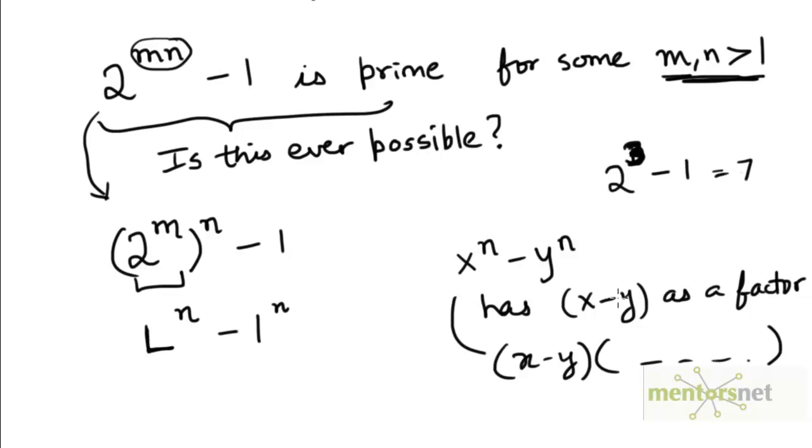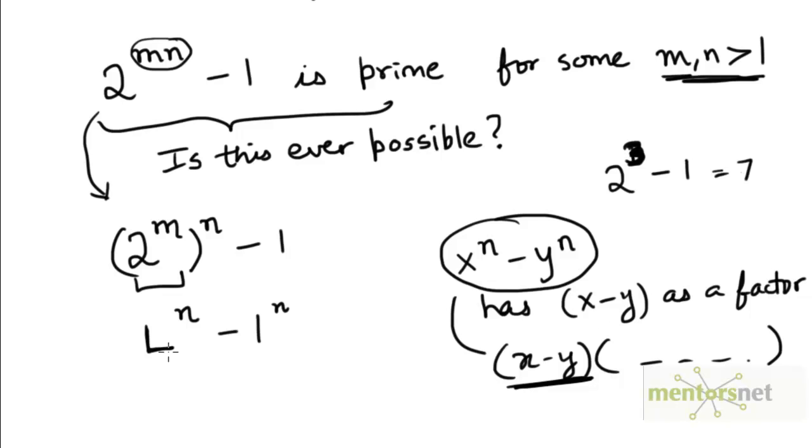And you can see this easily if you just look at this as a polynomial of x. So treat this as a polynomial of x. This is an nth degree polynomial in x. And we are saying that one of the roots of this equation is x equal to y. And you can see that if I substitute x equal to y over here, we'll get y to the power n minus y to the power n, which is 0. That means x equal to y is definitely one of the roots of the polynomial x to the power n minus y to the power n.